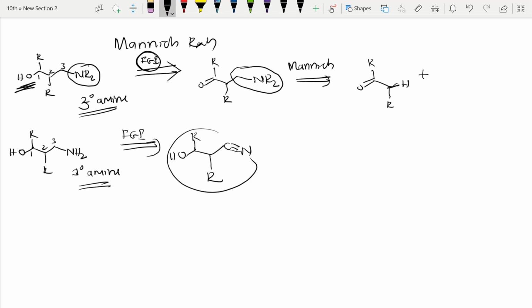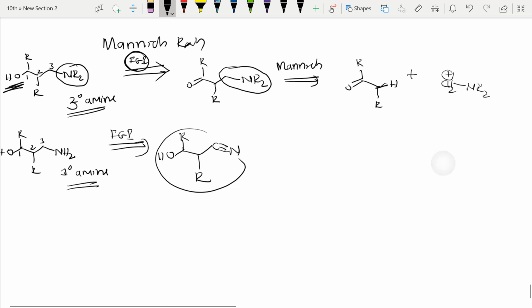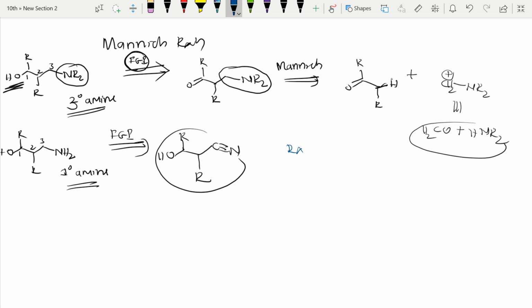And instead of writing plus here, see here, CH2 NR2 plus it will be, right? Instead of writing all these things, we can write that this is also equivalent to the reagent CH2O plus NHR2. How we got these things, everything I will write now. If I write the reaction, you will get to know. See, this is the reaction. I hope you got it till now, right?